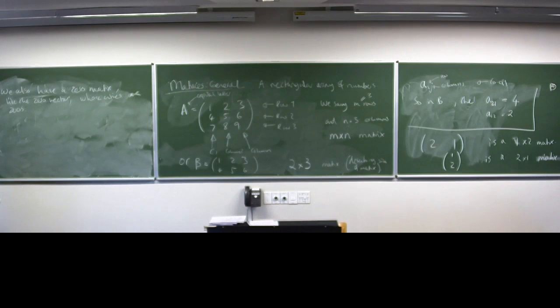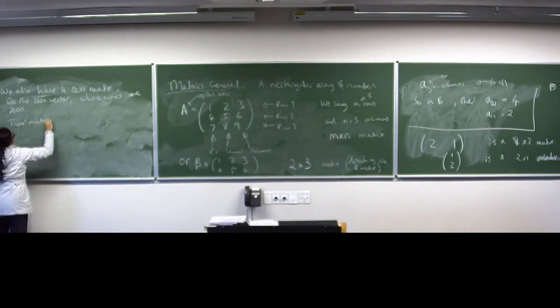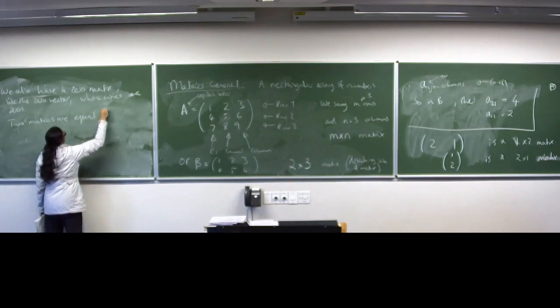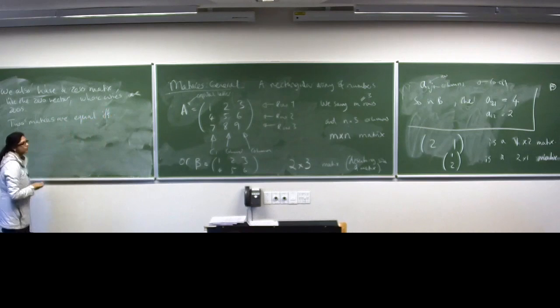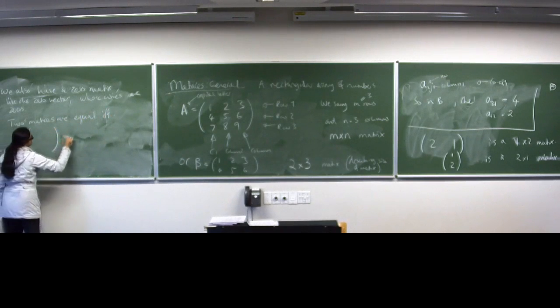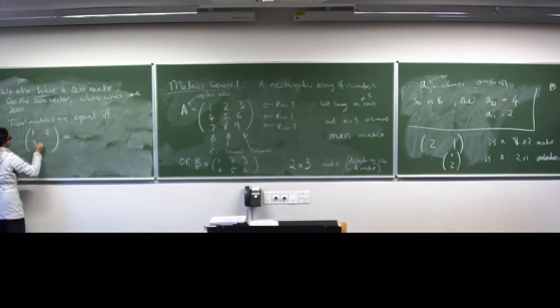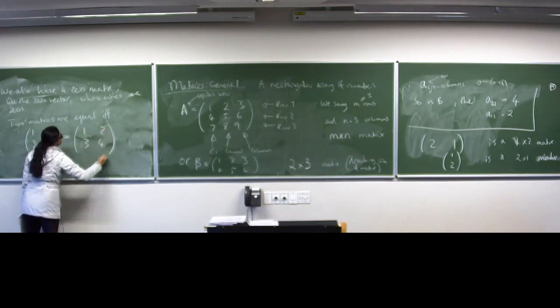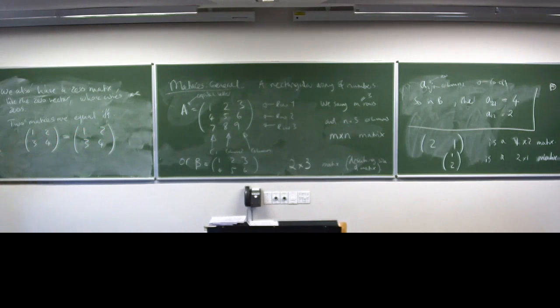All right, so 2 matrices are equal if and only if their entries are the same. 1, 2, 3, 4. 1, 2, 3, 4. They're only equal if exactly the